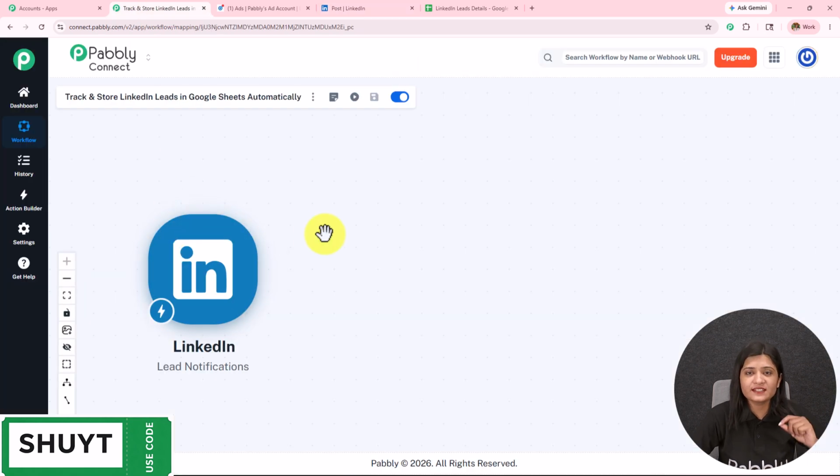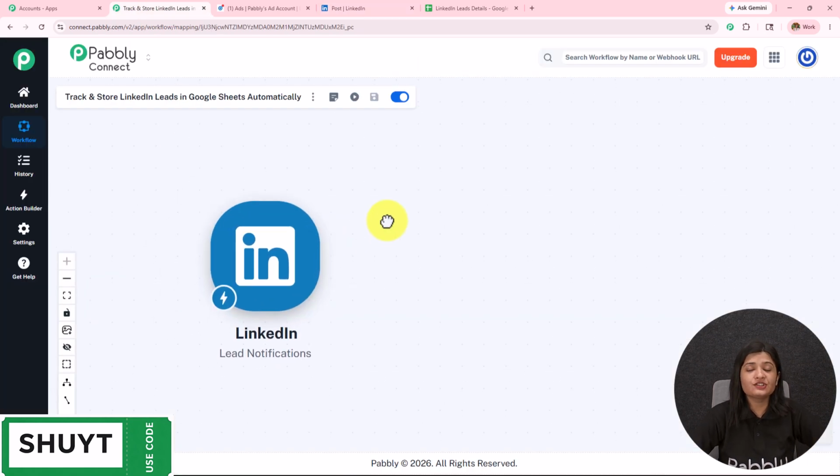Limited. As soon as I generated a lead or did the form submission, I captured that response here in this workflow, and this shows the connection setup which we have created is working fine. And now whenever there is a new lead, I will start capturing that response here in this workflow. Moving on